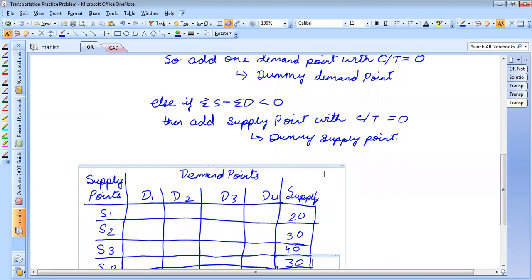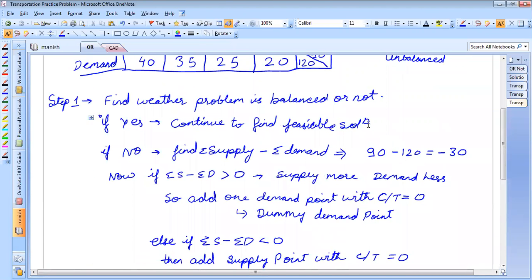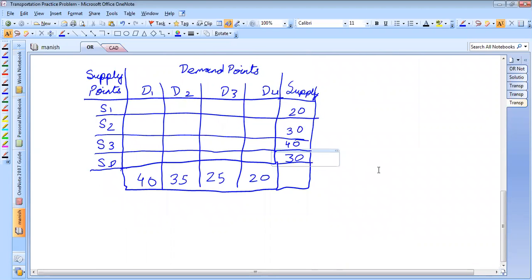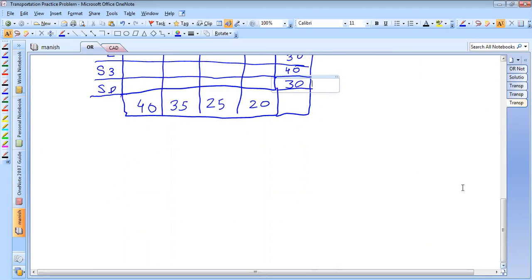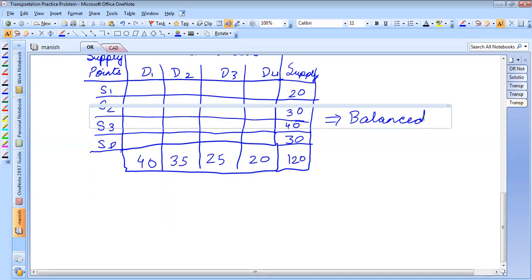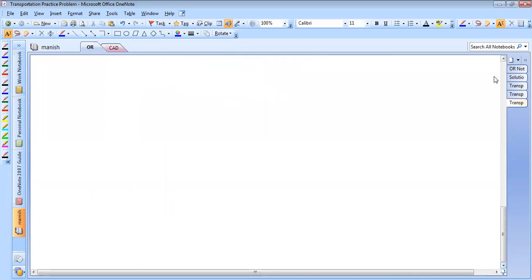Now, let us assume that the case may be different, if the case is just inverse. Let me just take one more example. If this is clear, then we'll go to the next. So the summation will again become 120 for both. So this unbalanced problem will now become balanced. Correct, balanced. Okay, so now if, sir, I move to one more example, yeah.